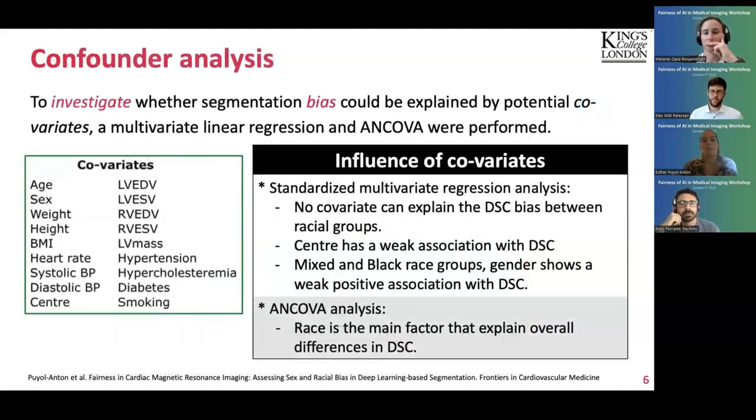So the next part, what we're trying to analyze is if any covariate could explain this difference in terms of dices. For that, we look at the most common covariates: age, gender, height, weight, blood pressure, and also some biomarkers, as well as the presence or absence of risk factors. All of these have been shown in the literature to potentially have an effect on differences between